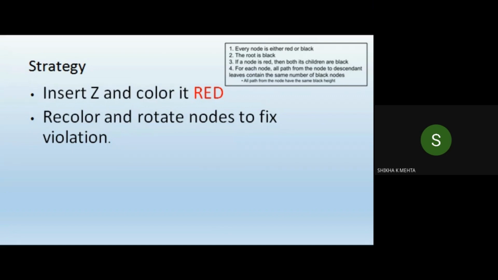So how to fix the violation? We have to color it. Then the next property: if a node is red, then both its children are black. So whenever we are inserting a node, we have to check this particular property also. Now we are going to discuss the various cases that arise and how to fix the violations that occur in all these cases. I'll be giving you certain tips for various problems